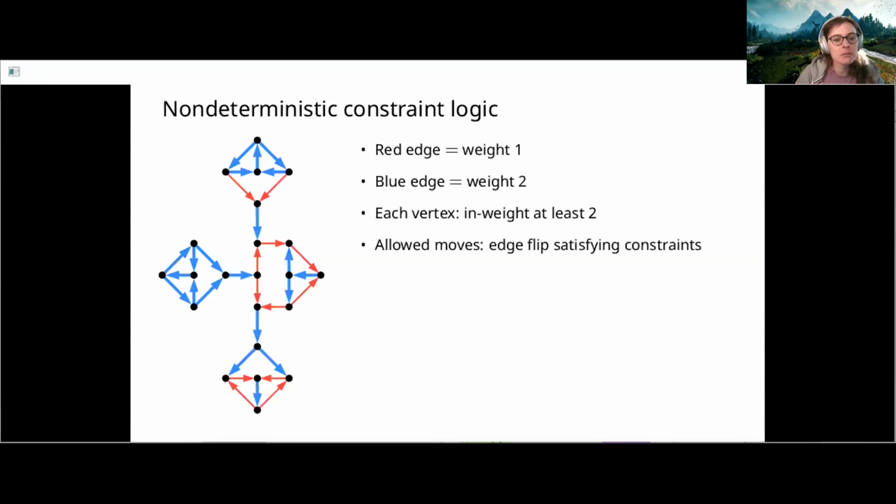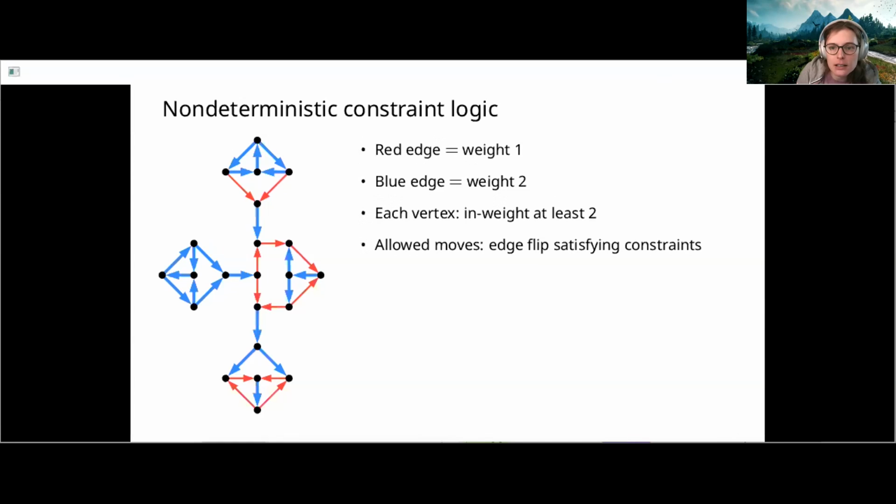Okay, and then the moves that are allowed to perform in this graph is an edge flip. Each edge flip still needs to satisfy all the constraints. After flipping an edge, all the adjacent vertices need to have the constraints met. So for example, here you can see that,